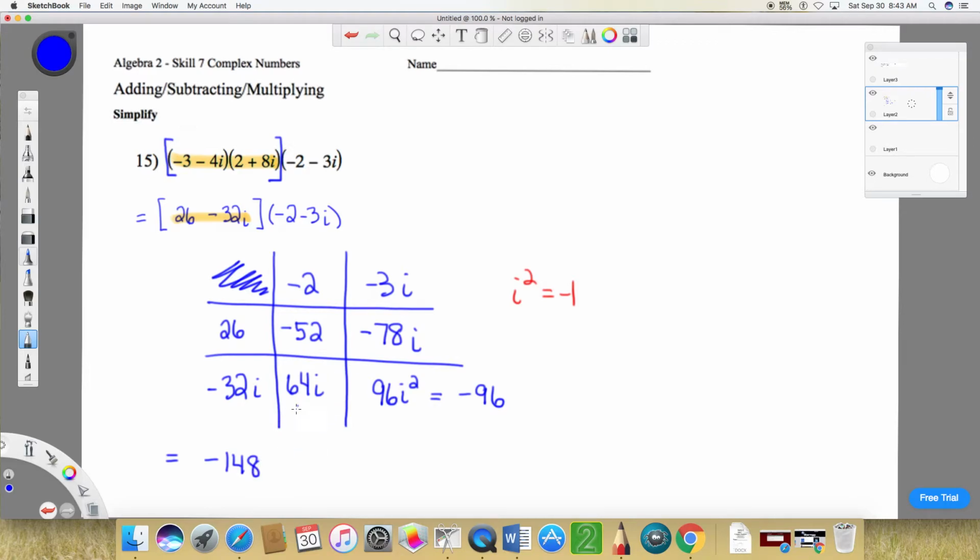And then a 64i minus 78i would be minus 14i, I believe, right? So that's our final